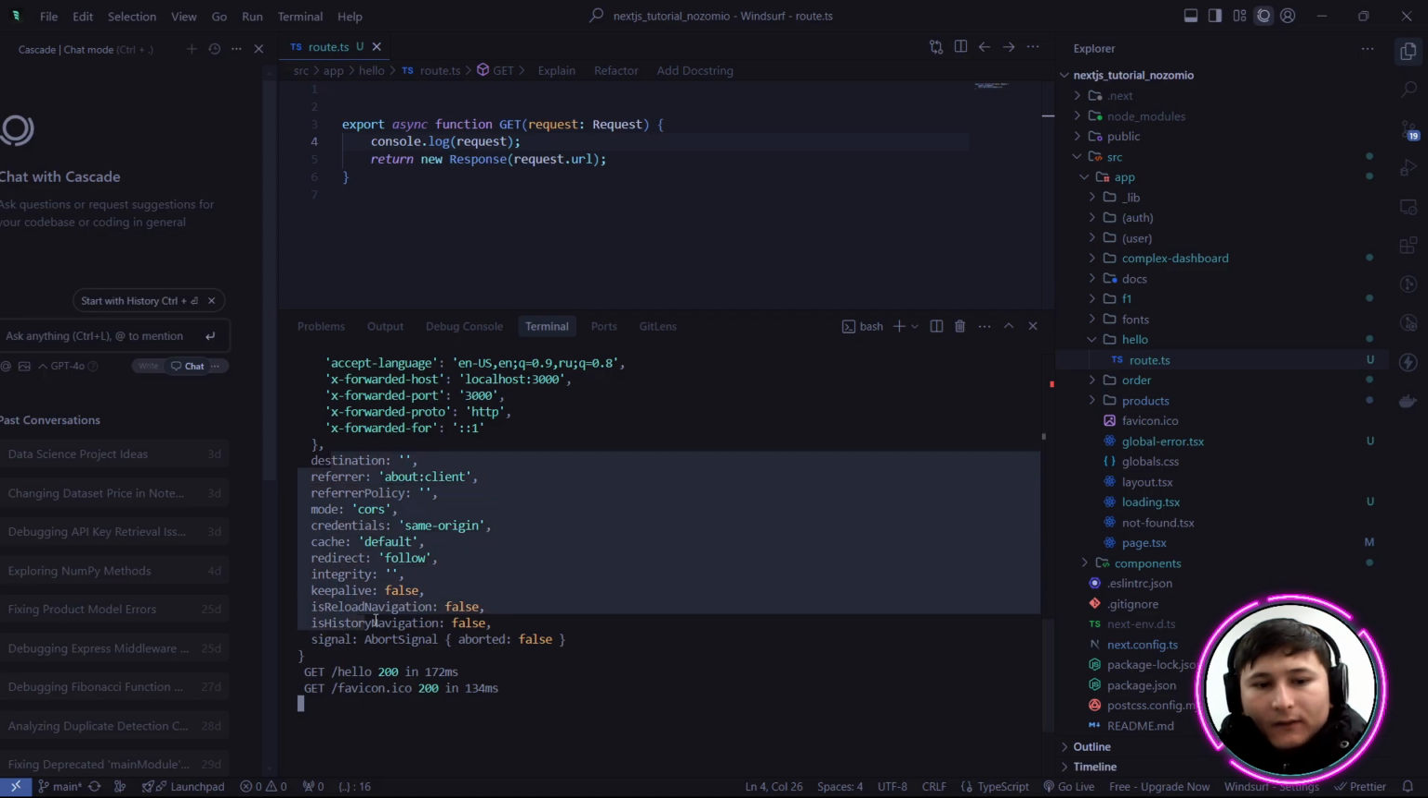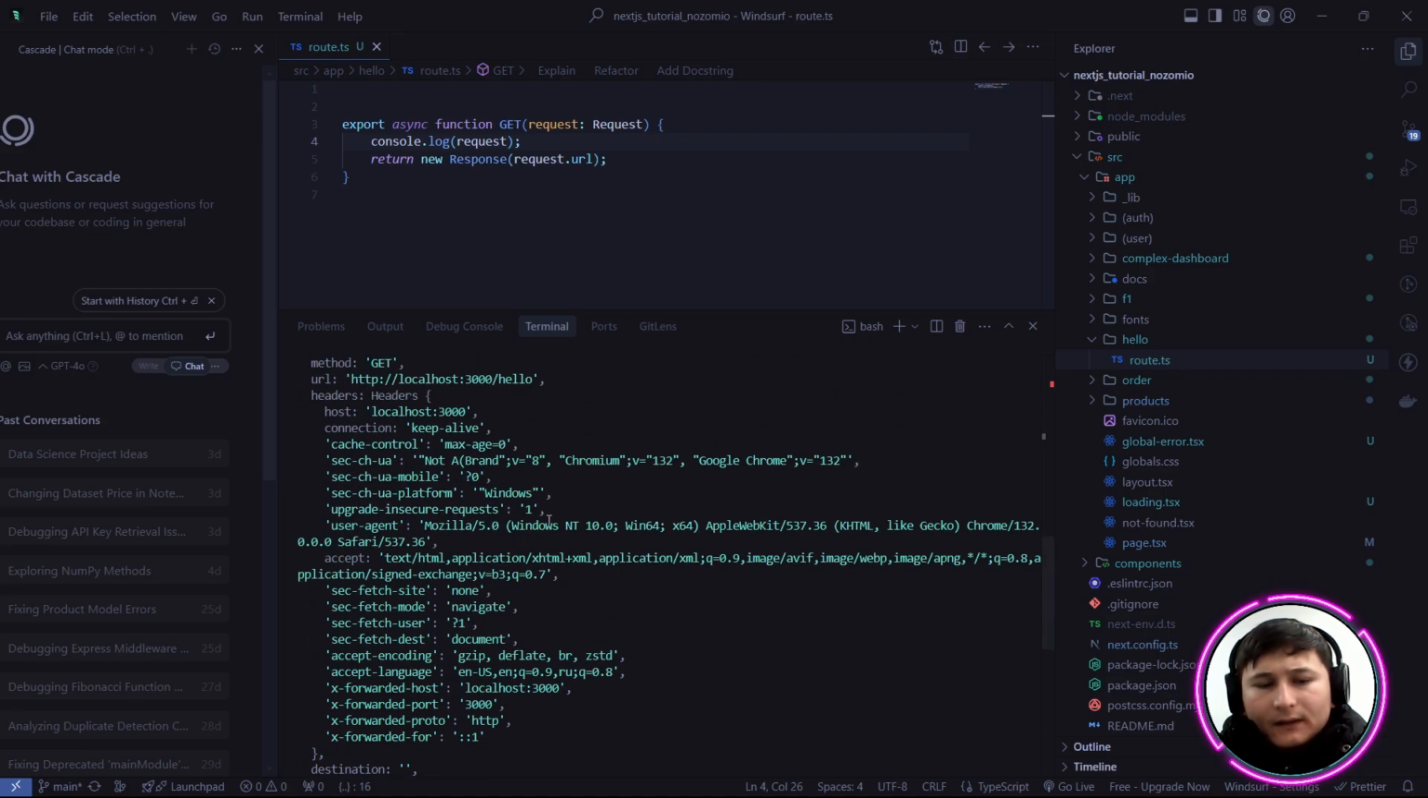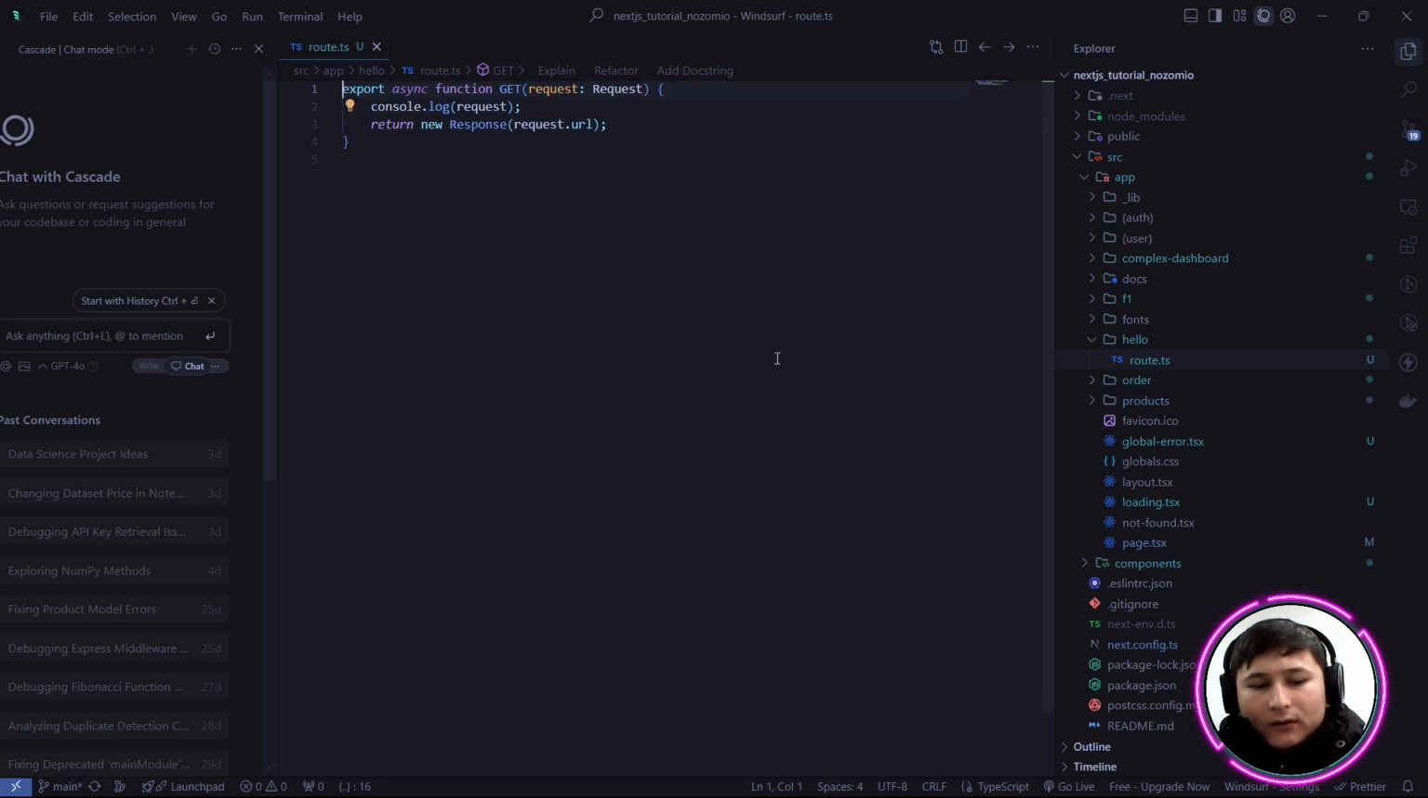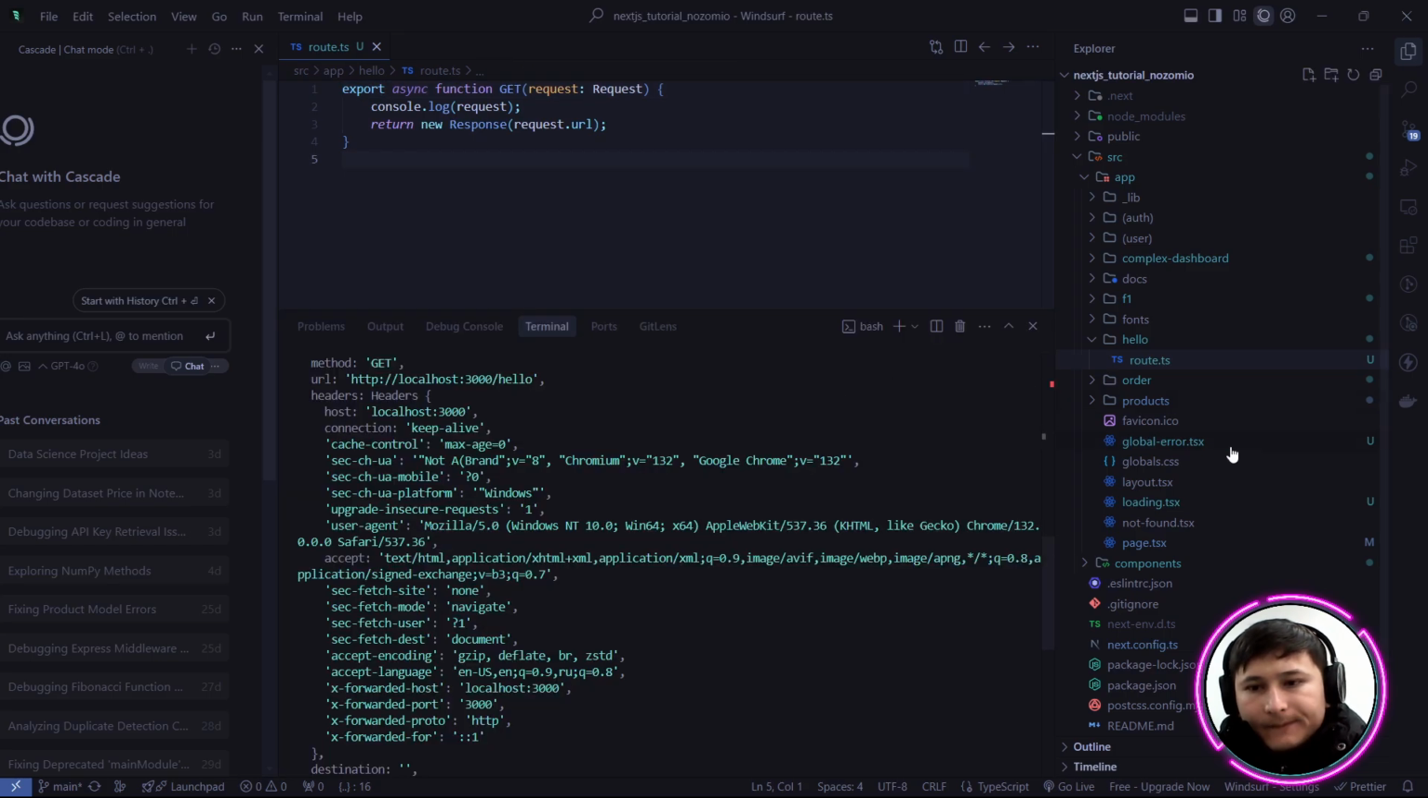Okay, and also some kind of destination, integrity, keep-alive, and all of the signals, something like that in the backend side as well. It's the same thing, but it makes a difference. Okay, we understand, but we need to focus on the folder structure. You can see right here,